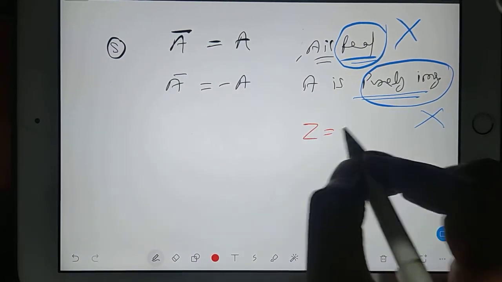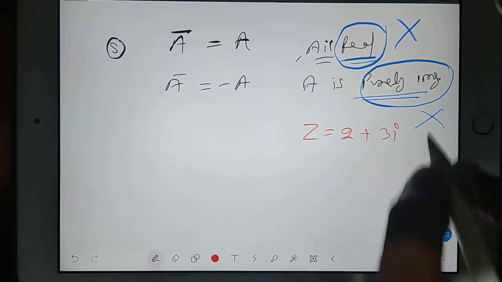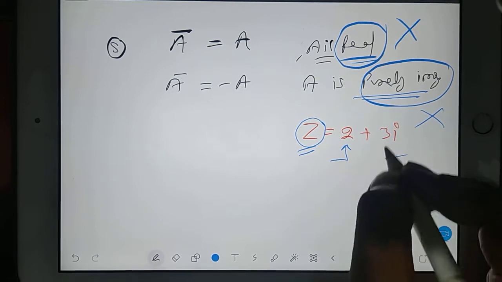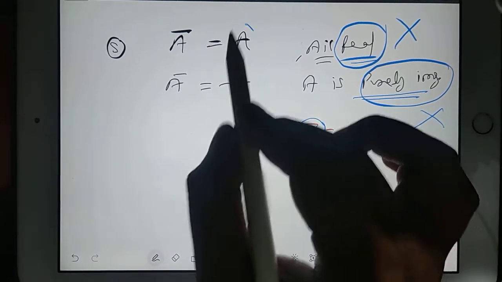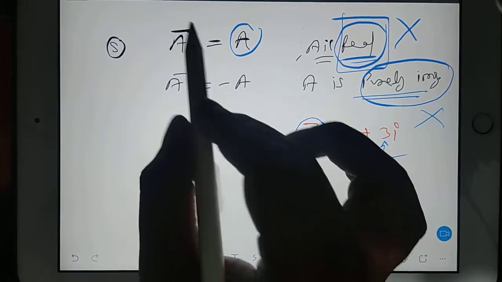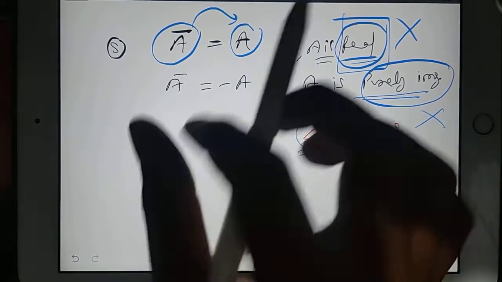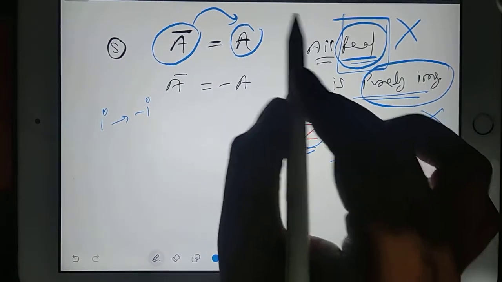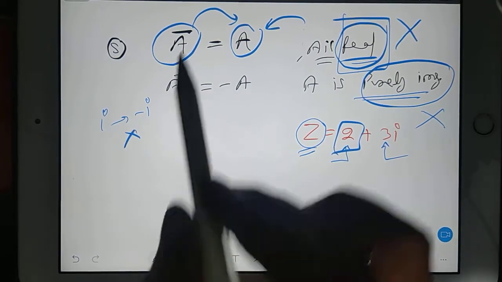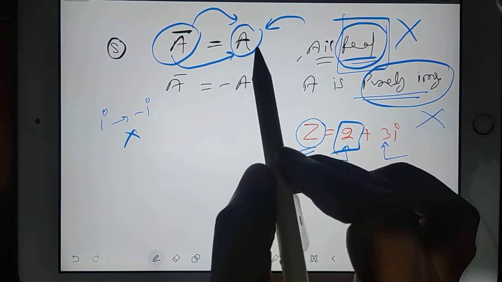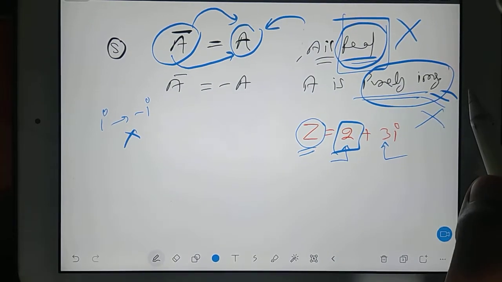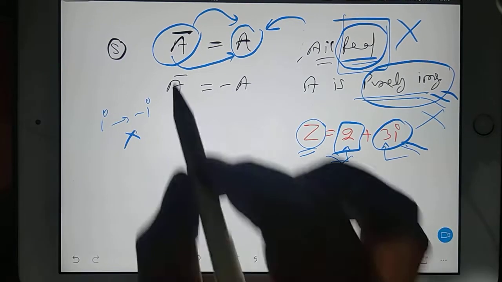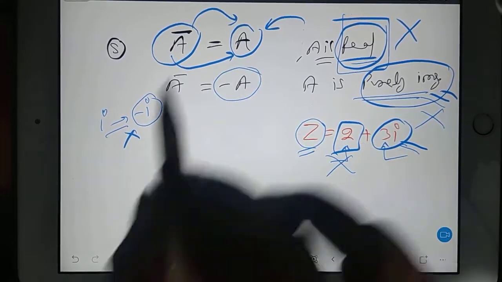In any complex number, you have two types of number. For example, 2 plus 3i. Why is this known as a complex number? Because it is the combination of a real number and an imaginary number. So I am considering A is a real matrix. Then if you find A bar, it will be exactly the same, because the numbers will not change. What changes is that i converts into minus i. But in case of real, you have only real values, you don't have i. That's why when you find the bar, you get the same matrix. But if you have a purely imaginary matrix, you have only the i term and no real term. That's why you replace i with minus i, so this will be minus A.